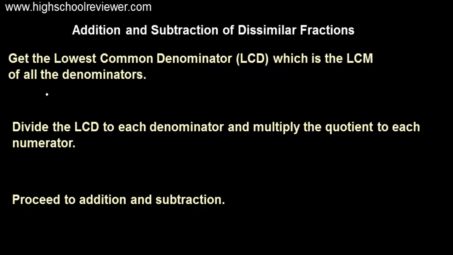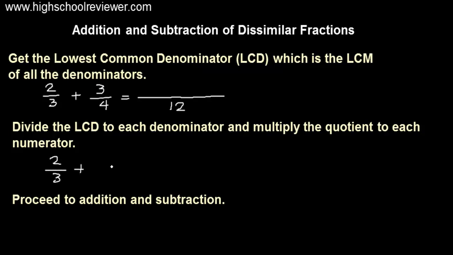For example, we have 2 over 3 plus 3 over 4. Now the lowest common denominator here, basing from the LCM of 3 and 4, the lowest common denominator will be 12. Okay, this is our first step. And then the second step,